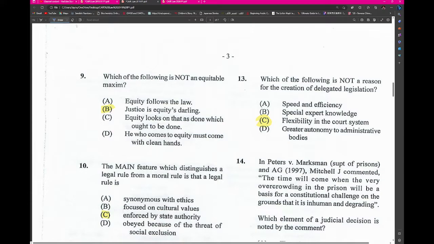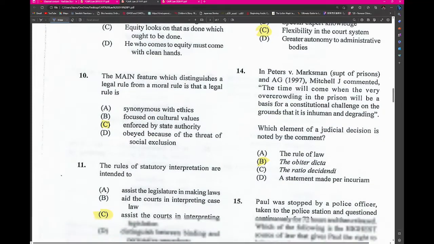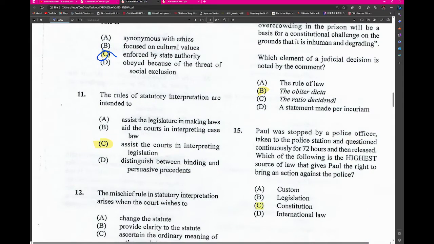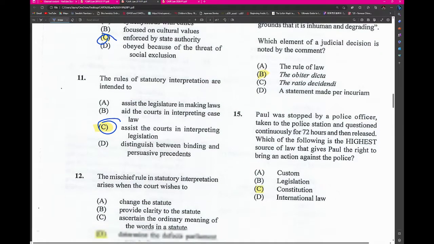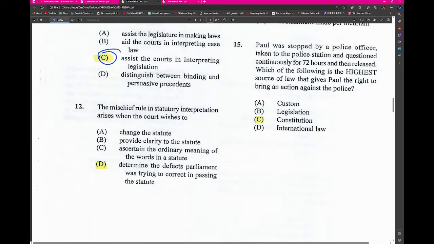I don't think it would be an equitable maxim. Justice is equity's darling. Number 10. The main feature which distinguishes a legal rule from a moral rule is that it can be enforced by the state. The rules of statutory interpretation are intended to assist courts in interpreting legislation. The mischief rule in statutory interpretation arises when the court wishes to determine the defects of a parliament,